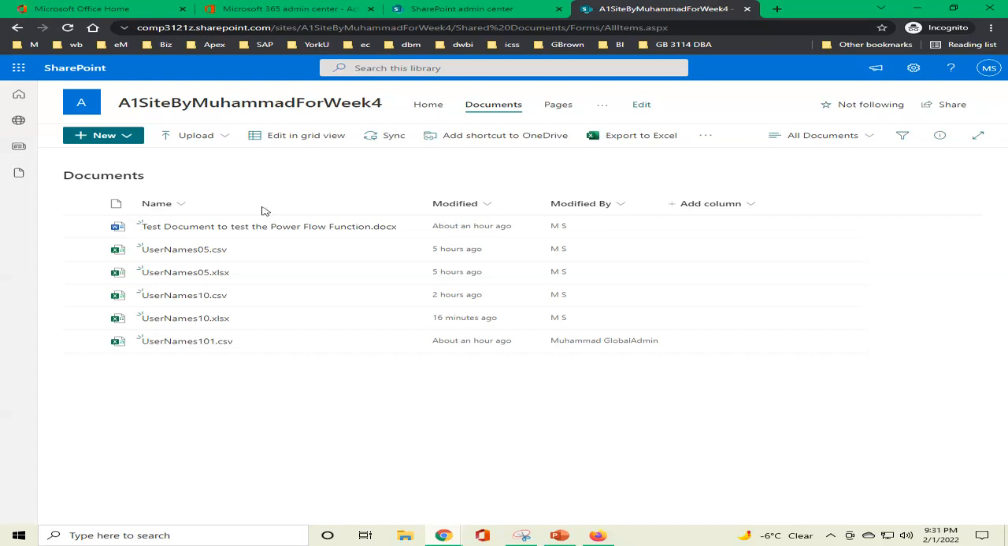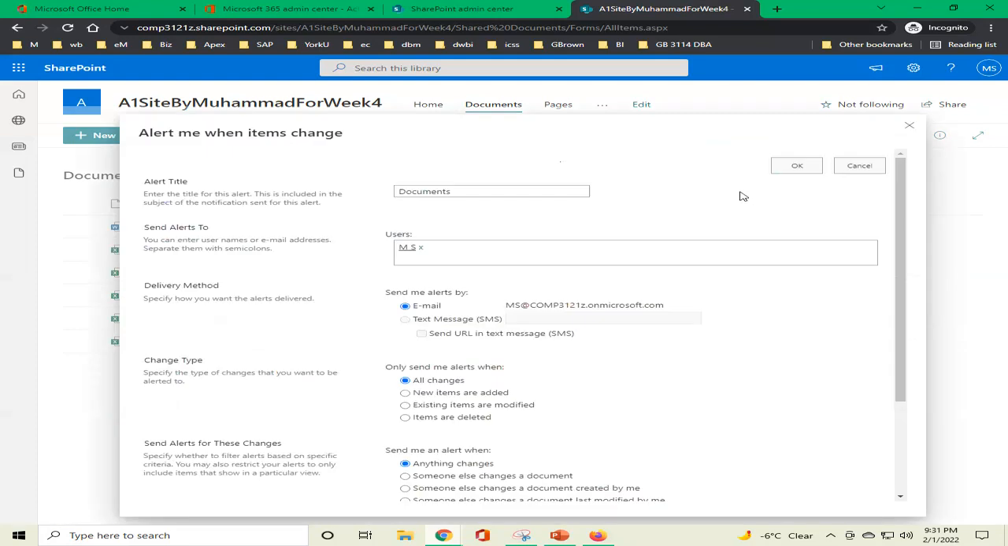Let's see how we can test it. First of all, how we will set it. If we go to the main menu for this one, options, here is Alert Me. Alert in this documents folder, Alert Me, and Manage My Alerts also. So first of all, we create an Alert Me. One alert will be created